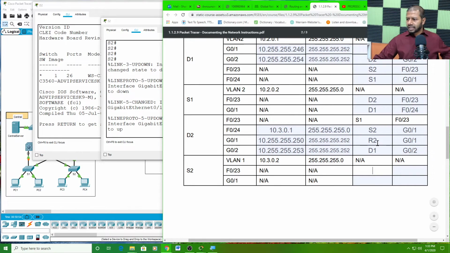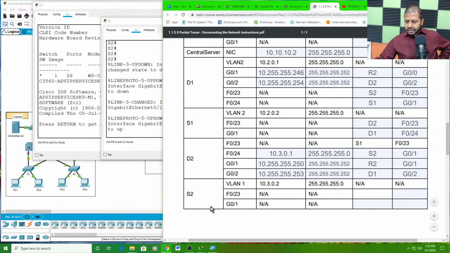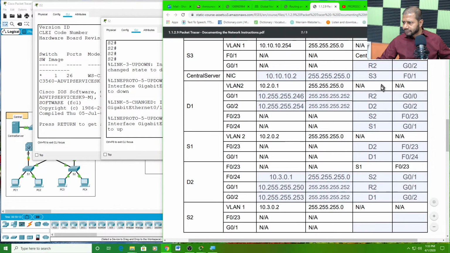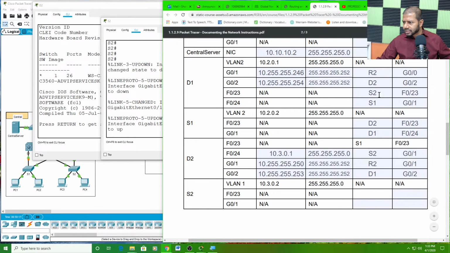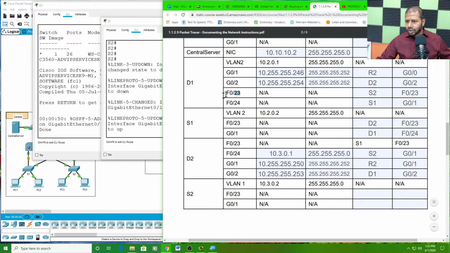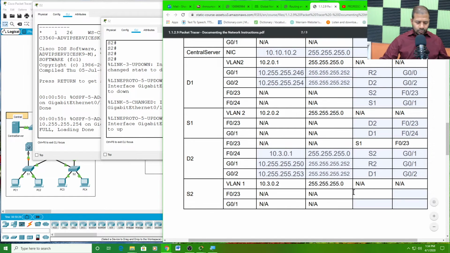Now the very last thing that I have is on S2. Which port do I need to know? S2 F23. By now I should have everything already answered, I would think. So let's look up the S2 F23. Yes, S2 F23, I found it. That is connected to F23 of D1. So D1